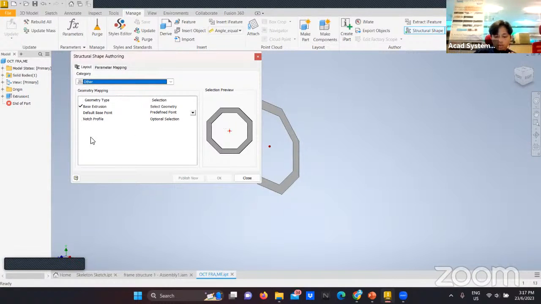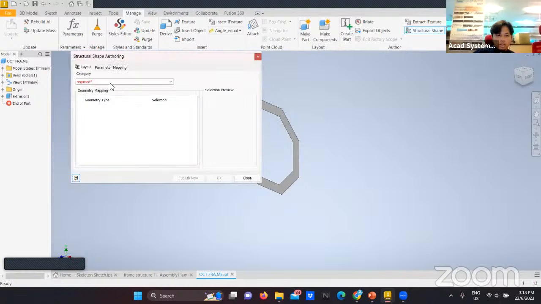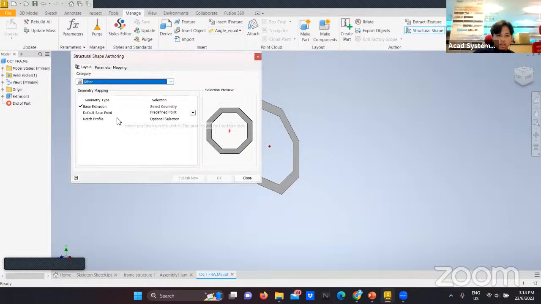If you want to notch the profile, you want to select the optional selection and then go to here and then here. Select here and then here, and then go to